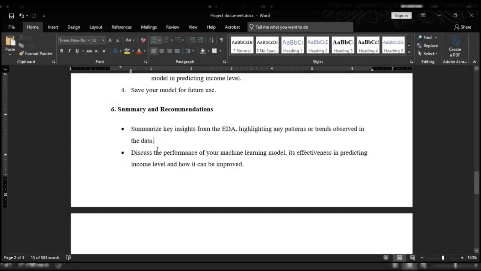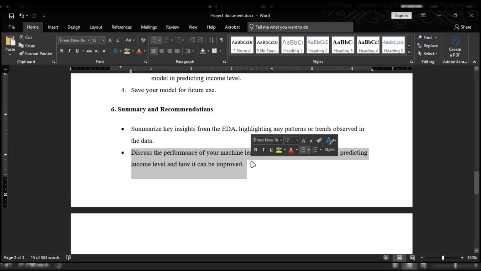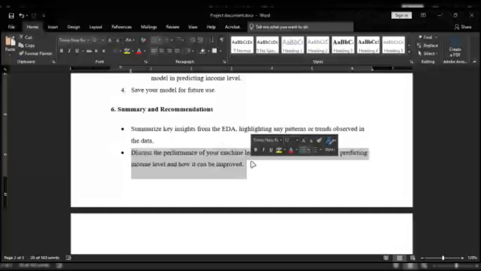Then you move on to discuss the performance of your machine learning model. So I need you to actually look at what you've done and discuss it. You talk about the metrics you used, why you chose that metric, and if the performance is actually good enough, and if there are some techniques that you could have applied that will make your model better. So I want you to put your mind into action. You think about what you are doing. You don't just do, but you actually think through what you are doing, all right?